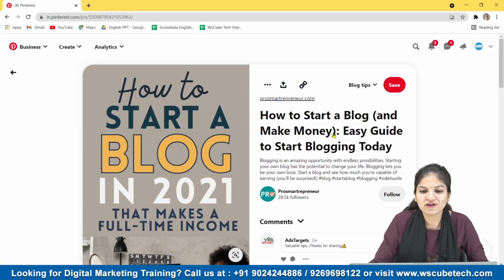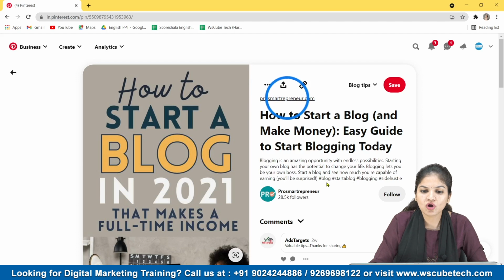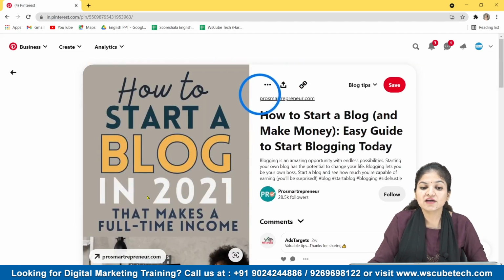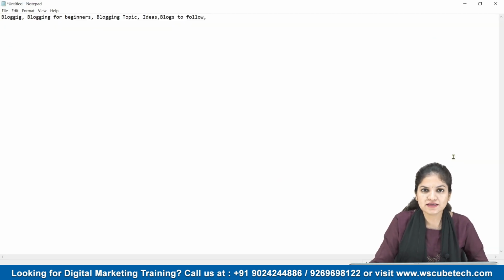So as you can see, "blogging" and "blog" are repeated like two times, and in the description there is also "blogging," "side hustle," "start a blog," and some hashtags, and some keywords have been repeated very frequently, like "blogging" here and this "blog," right? So blog, okay. And here in the text overlaid in this image is "2021 full-time income," or we can say. So we can definitely write, if you write some blogs which help people to earn some money, right, from